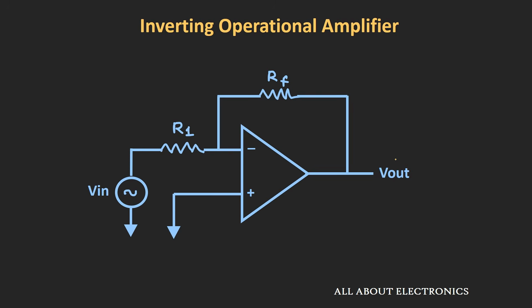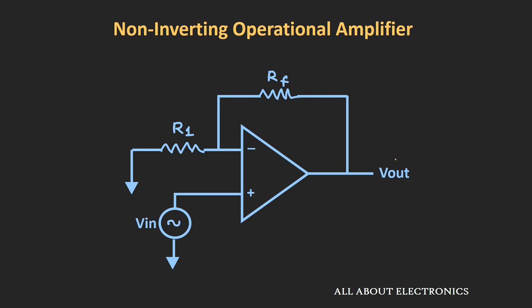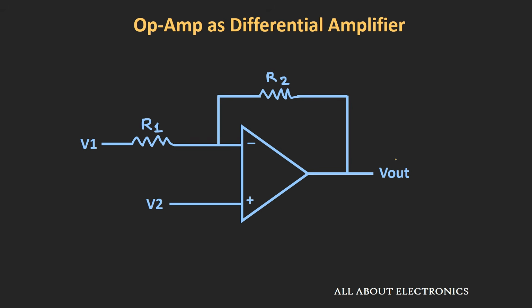Then we had seen the inverting and the non-inverting op-amp configuration, where we applied the input either to the non-inverting or the inverting input terminal. Now let us see how, by combining the inverting and the non-inverting op-amp configuration, we can design the differential amplifier. By using this configuration we can use the op-amp as a differential amplifier in a true sense, because here we can control the gain by controlling the values of the resistors R2 and R1. So let us see how this configuration will act as a differential amplifier.